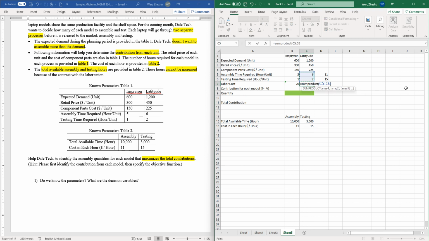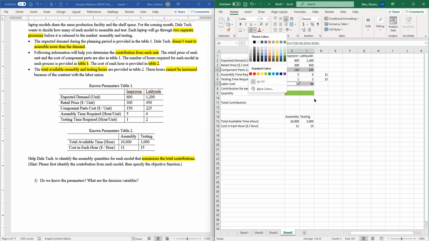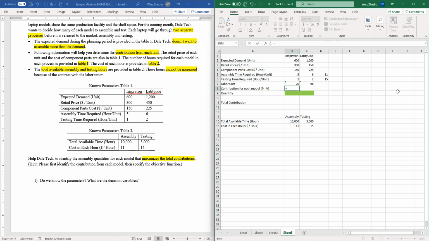So this is equivalent to 6 multiply 11 plus 2 multiply 15. Okay, so with the total labor cost and total component part cost for each of those models, I think we have all the information we need to figure out the total contribution, right? So the contribution is P minus V. P is retail price minus your component minus labor. Hope that makes sense. We do that again for